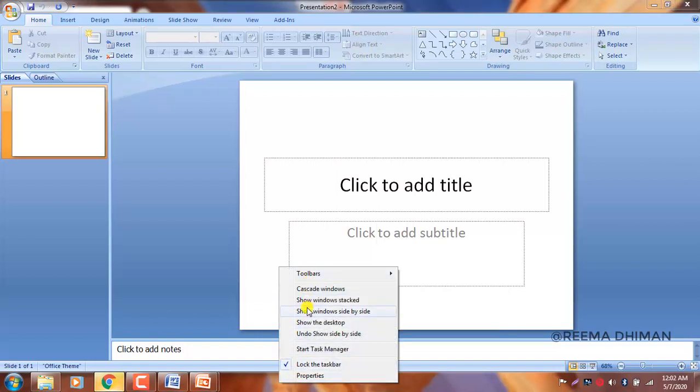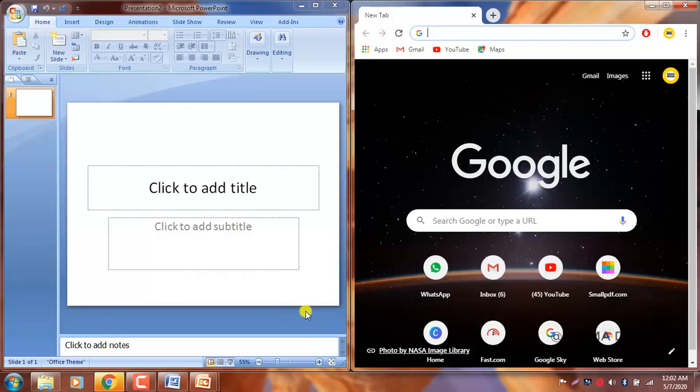From here you have to choose the option show windows side by side. Both application windows will be displayed side by side. As you can see, this is your PowerPoint window and this is your web browser window. Now you can browse information and search here simultaneously while working in the presentation software. So I think it is clear to you.